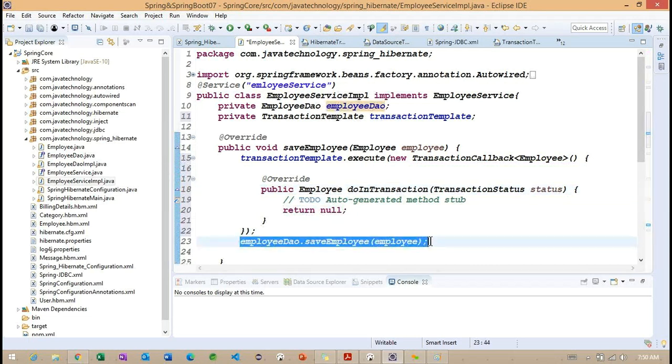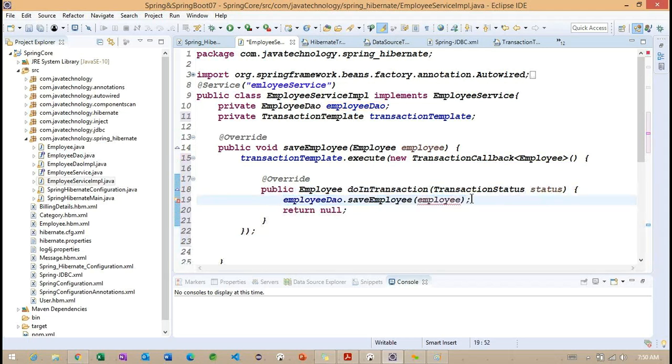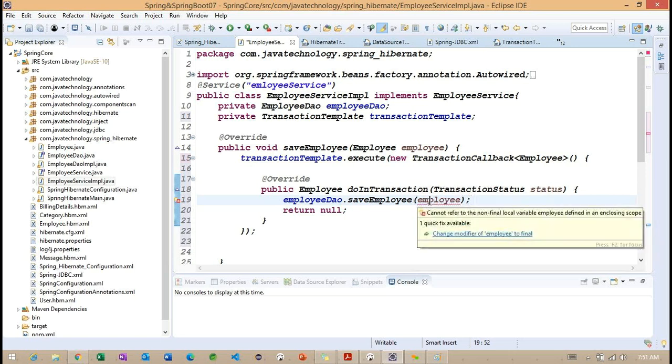So now carefully observe here, I am calling employee here. Internally we need to work with employee. Change the modify employee to final.